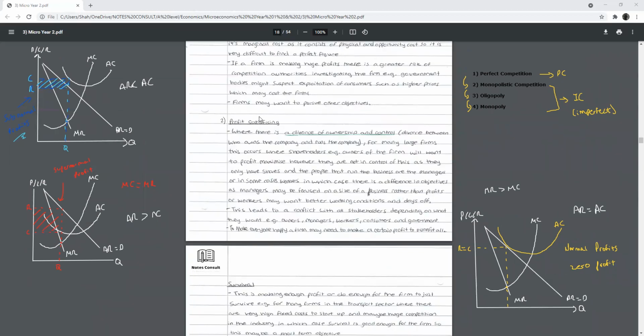So let's look at another objective that firms might want. It's called profit satisficing. This is when there is a divorce of ownership and control, meaning a divorce between who owns the company and who runs the company. For many large firms, this occurs where shareholders, who are the owners of the firm, will want to profit maximize. If I have a share in a company, then I want to make as much money as possible from that company, isn't it? That's all I care about. I want to make money because I'm a part owner of this company. I don't run it, but I own